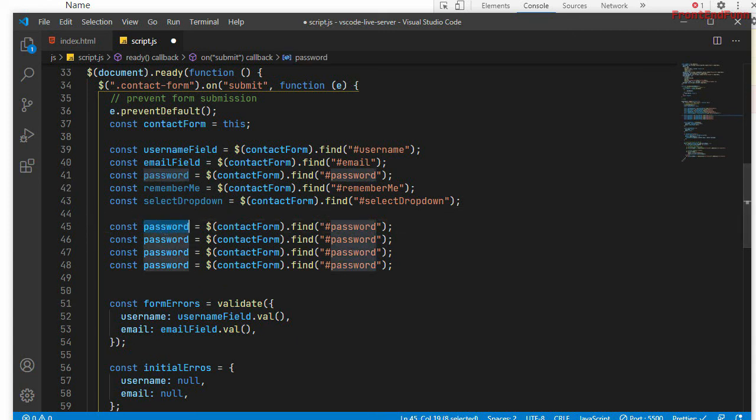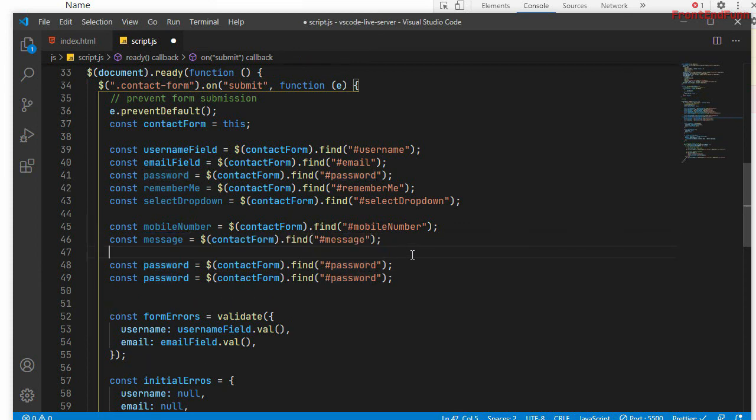Okay, select drop down, and for the mobile number I'm just selecting the password field and pressing Ctrl D. And for the message, the final thing, mobile number message. Fine.